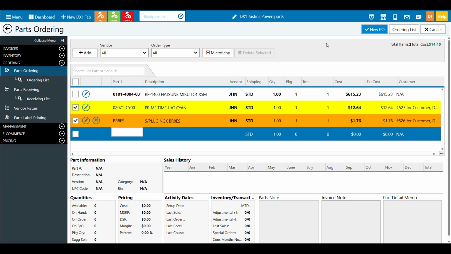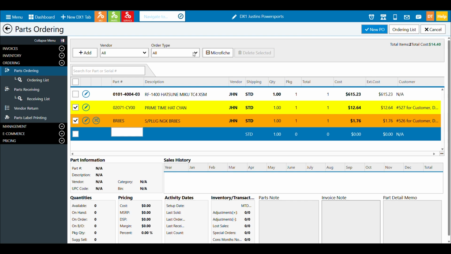And rows that are orange are also special order parts, but it's letting you know you already have that part on a PO unreceived in the receiving screen. And rather than ordering an additional one of these parts, if you want, you could just move it to the PO that has the stocking part, being a bit more efficient. And we'll show that process here in a minute after we cover the basics of the page.